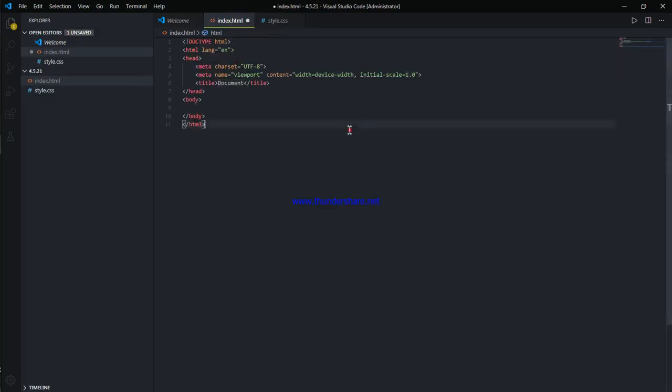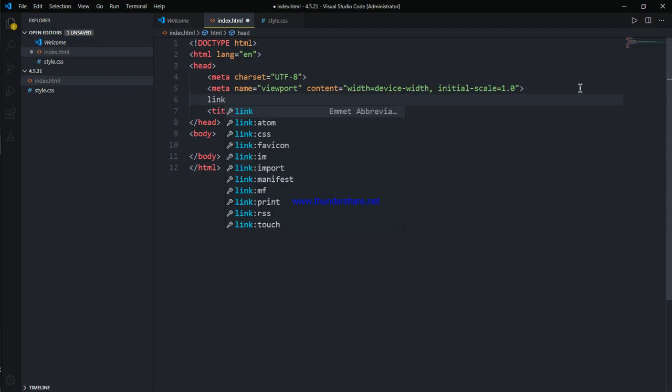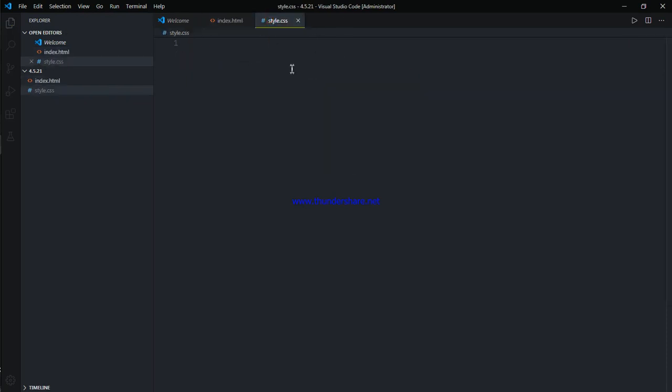Here we will add some basic code and connect the style.css to this file, that is link the style.css, and add this basic info, that is